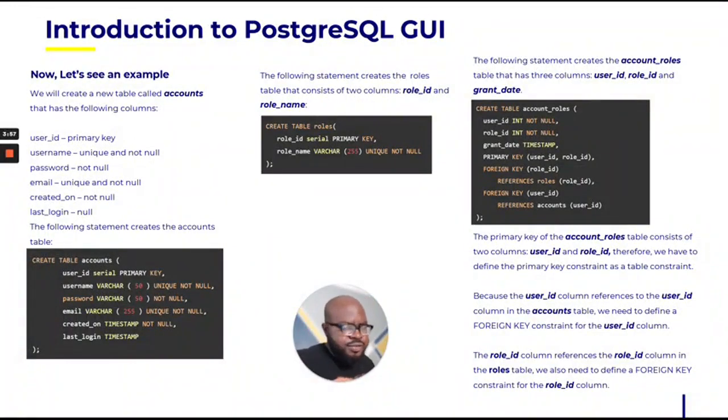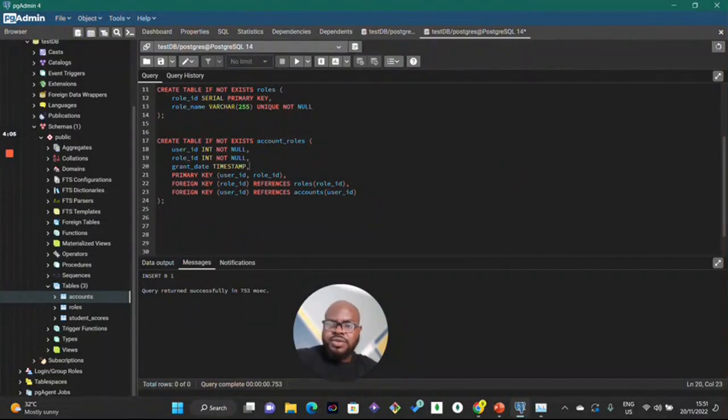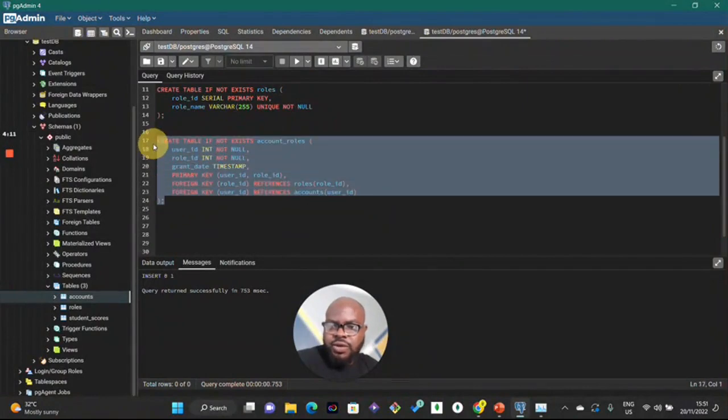So let's write this code. I've written it out here already. I'm just going to run it. I'm going to run it now. So it's here, and let's try highlighting. So I did create table if not exists. It's just what we have on the slides. User ID, int, not null, primary key, role, and so on and so forth. And if I run this,